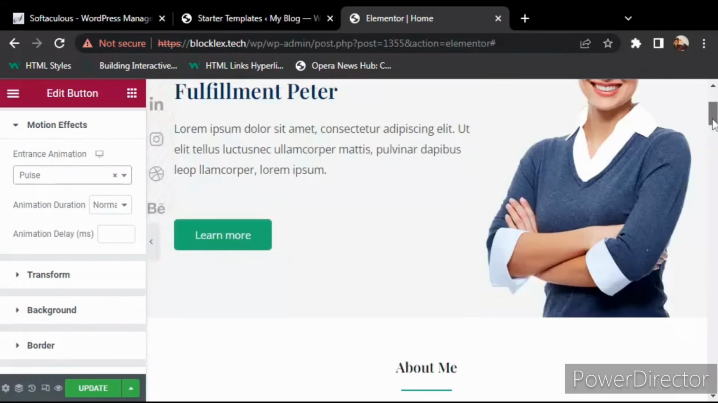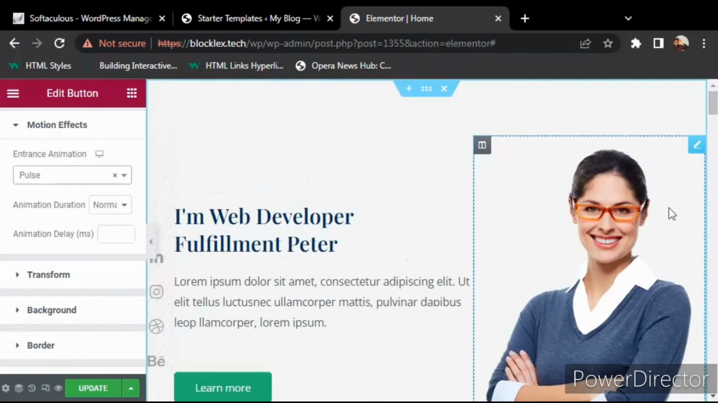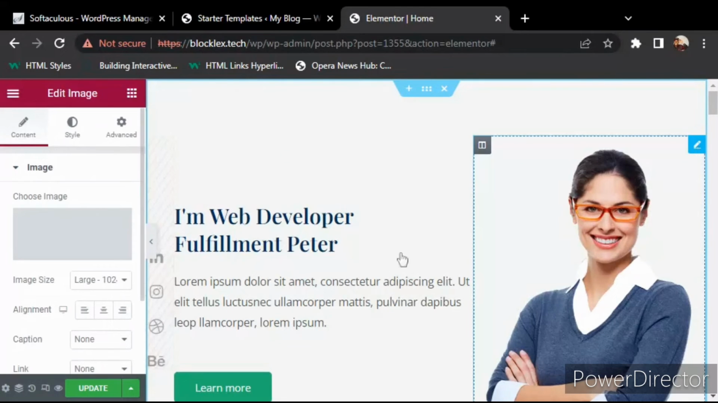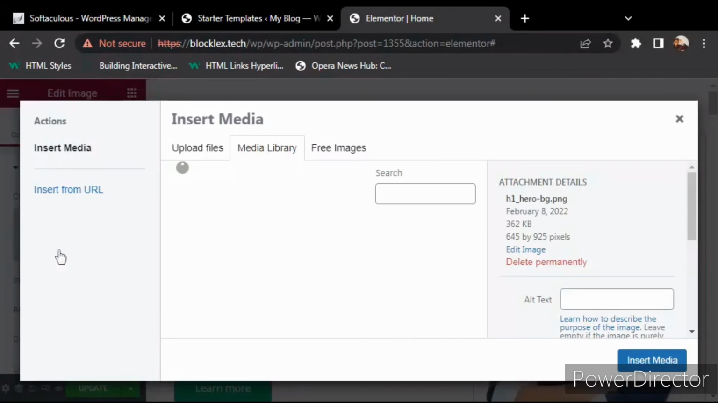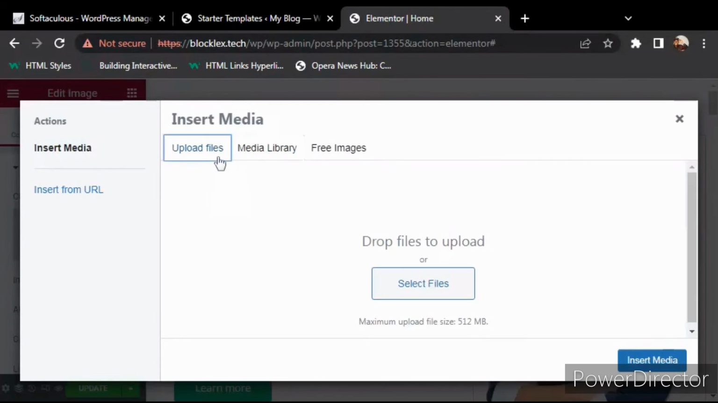So I'll be doing some editing here. Let me change this image so you can see. You can change the image to any image you want. I'll be adding any random image on my device. Sorry, I have to do this. Just choose any random image. I say upload files, select files, and then